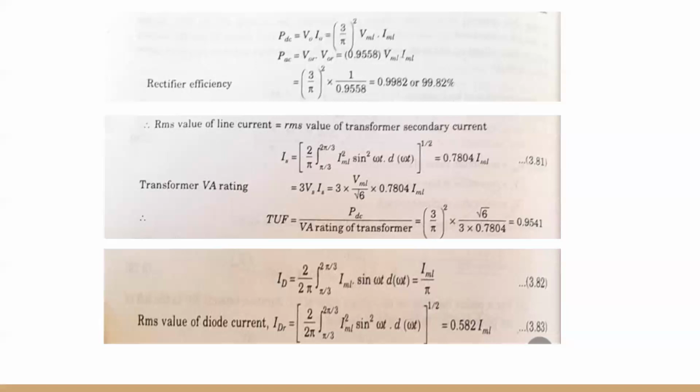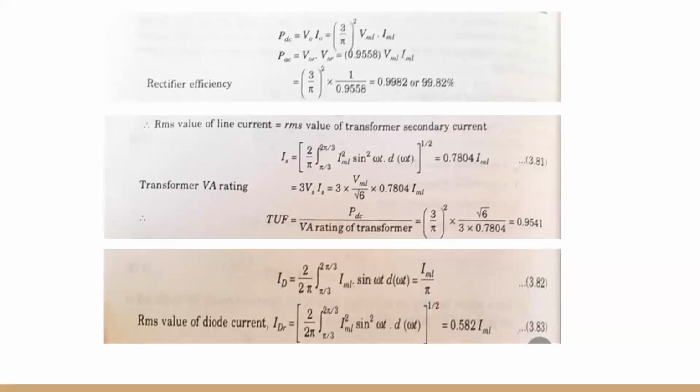PAC is equal to V0 R into V0 R, which is equal to 0.9558 VML into IML. Rectifier efficiency is 3 pi by square root into 1 upon 0.9558, which is equal to 0.998 or 99.82%. For a resistive load, peak current through each diode is IML, which is equal to VML divided by root of 3